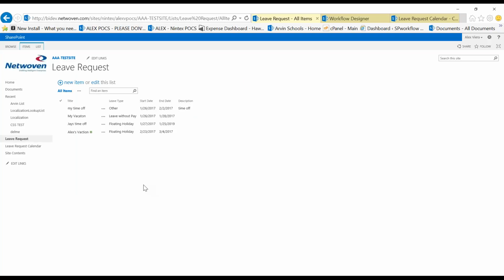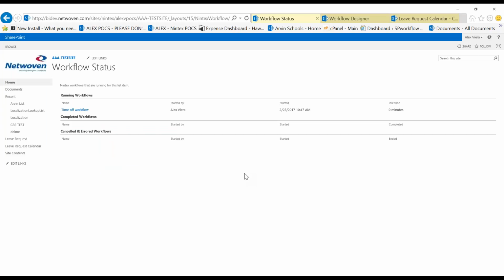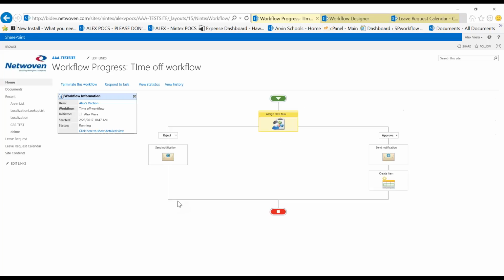And then what's going to happen is, here's Alex's vacation, and if I do an F5, what we should start seeing is that the workflow, time off workflow, is in progress. So we can actually see the status of what's going on right here. Another thing, when we talk about governance, is having the ability to view the workflow history. So one thing I can do is go in here and take a look at the current workflow and find out where it's at. So it's waiting right here in yellow.